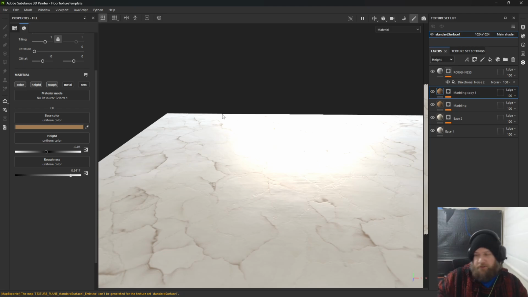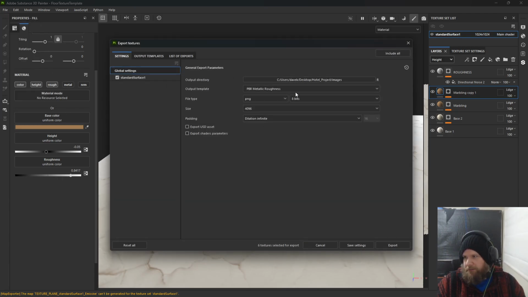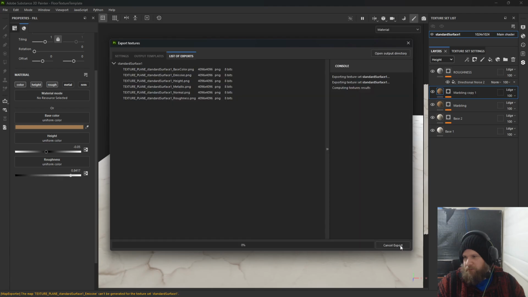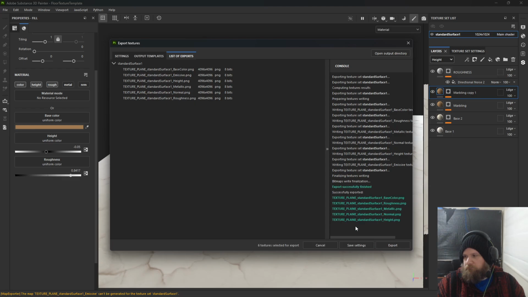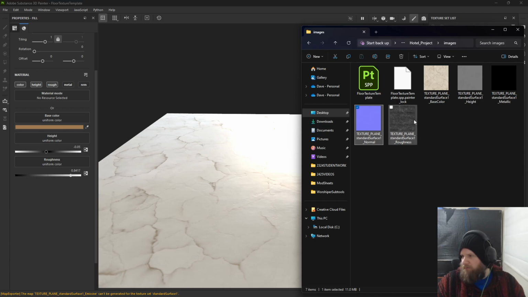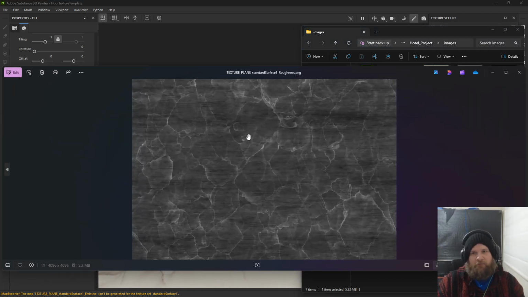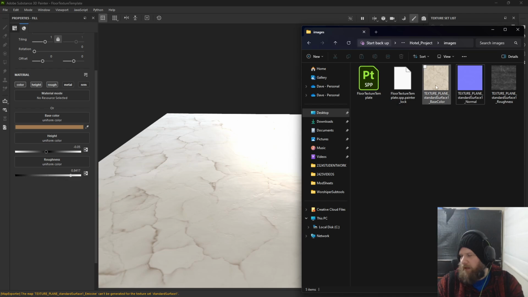So we'll see how it looks. You know, this might look like trash. Who knows? So I'm going to export the texture. That's done. So then in my folder, if I look back at that roughness map, now you can see that roughness information appearing. Cool. So I'm once again going to delete the height, delete metallic,